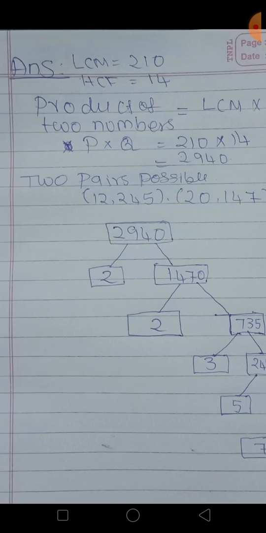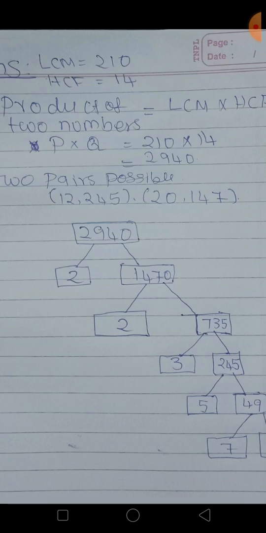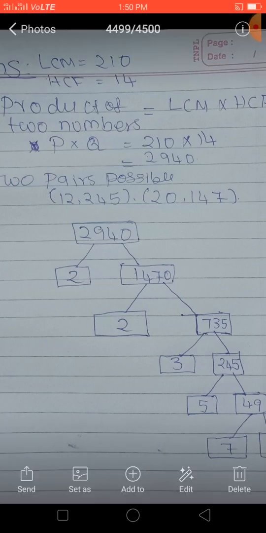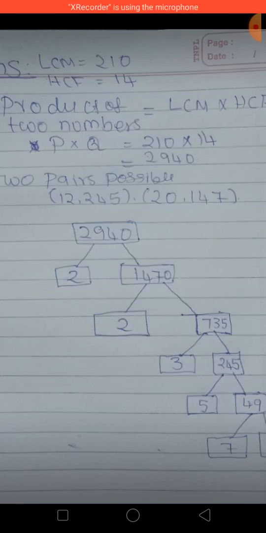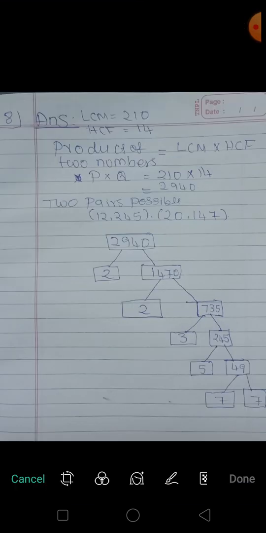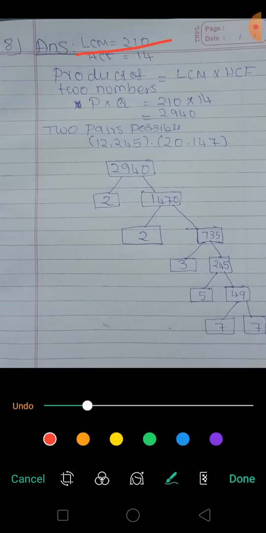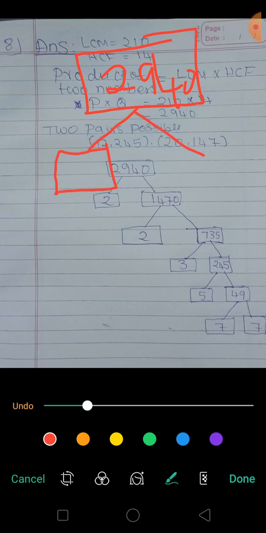So what are the possible ways? Listen, if you take the tree method, 2940 converts into two terms. If you divide 2940 by 2, you will get